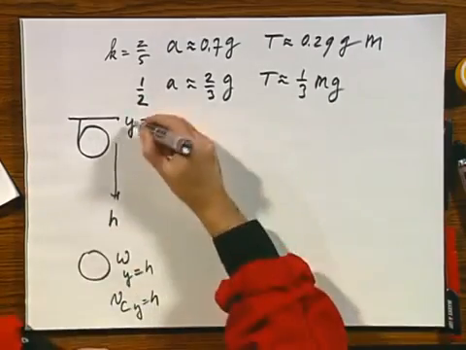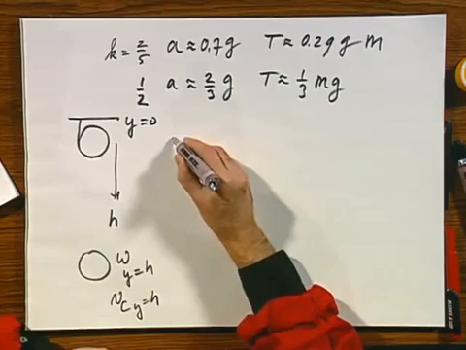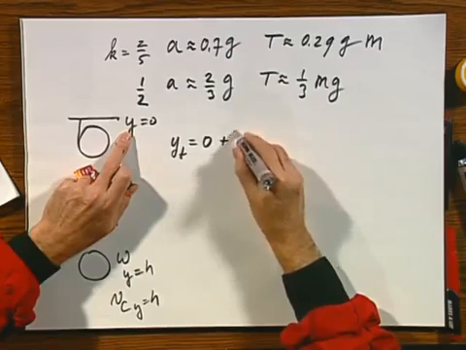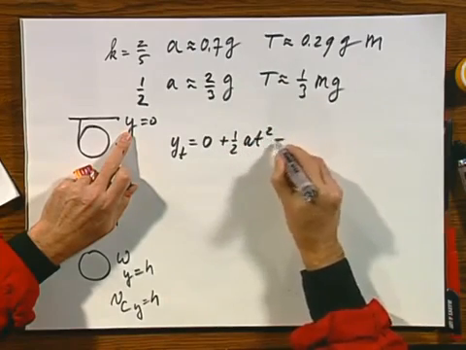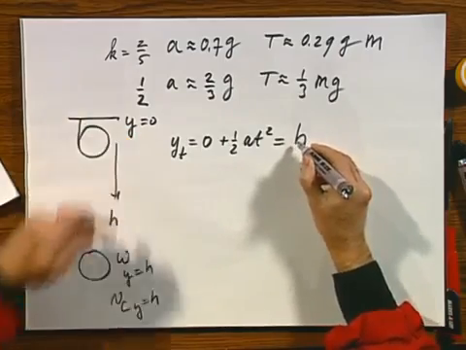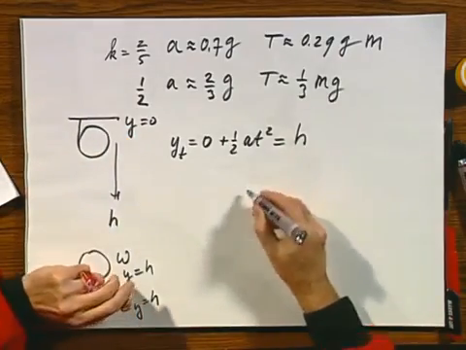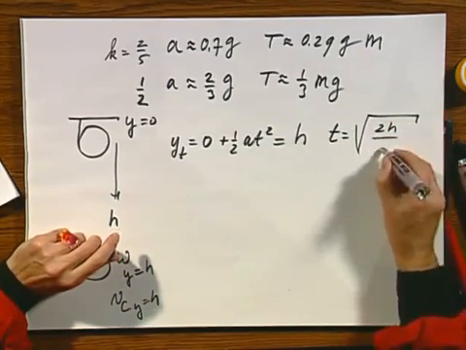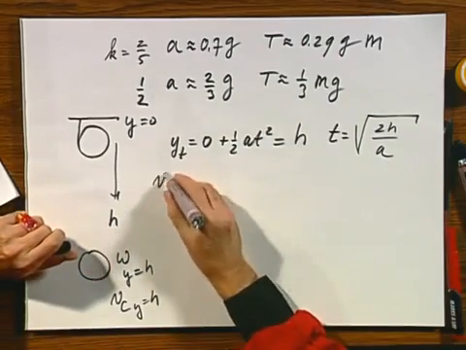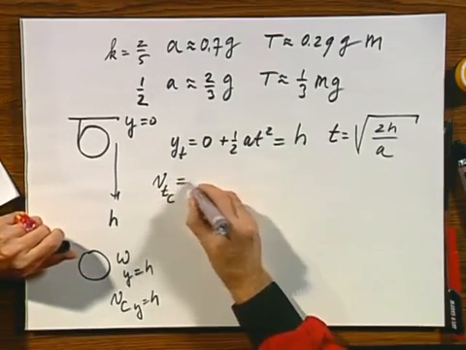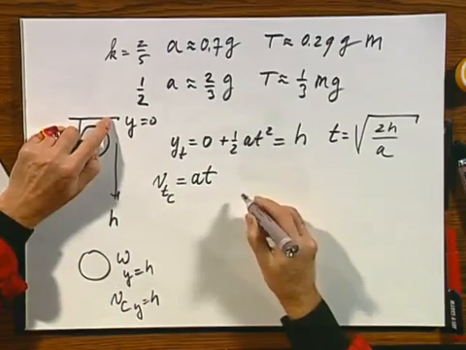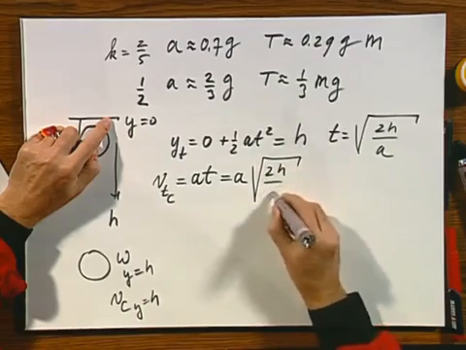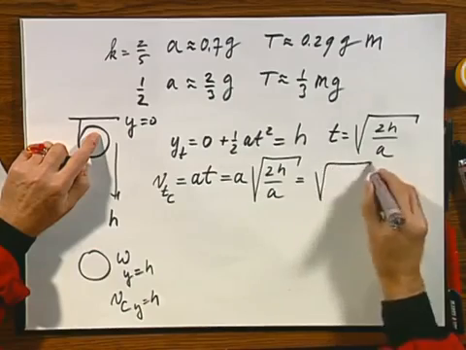The motion in this direction is accelerated, constant acceleration a in the y direction. So y of t equals y0, which is 0, plus 1/2 a t squared, and that equals h, that's the distance that it travels. And so you find immediately that t equals the square root of 2h divided by a. What is the velocity of the center of mass at any moment in time? Well, that is a t, because it starts with 0 speed, so that is a times the square root of 2h over a. So that is the square root of 2ah,